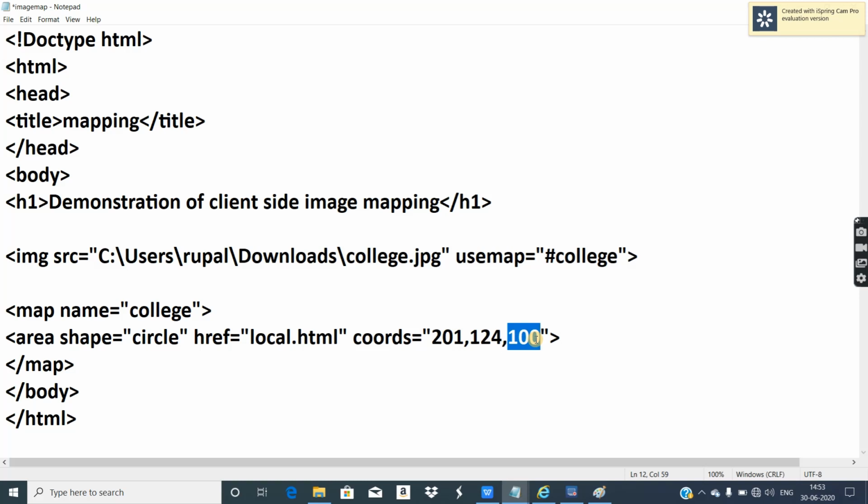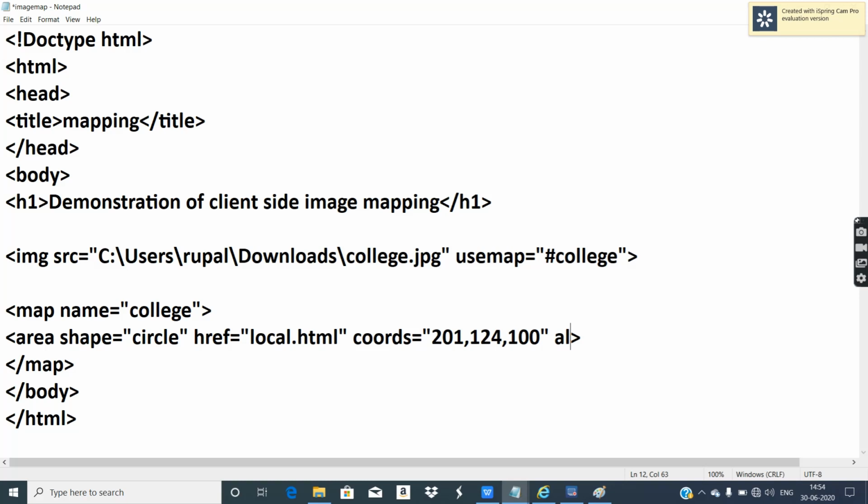So if you're drawing a circle on a notebook, what is needed? For example, your question is draw a circle of 5 centimeter. So 5 centimeter, you will take the measurement on your compass and then take a center position and draw the circle. So to create a circle, 2 points are needed, a center and a radius. The center you have provided, and the radius also you have given depending upon your assumption, 100 pixels for example. So this is how you take the coordinates of the circle.